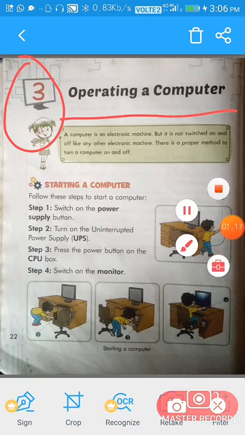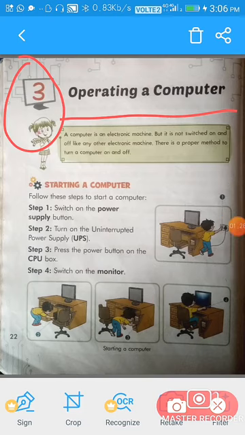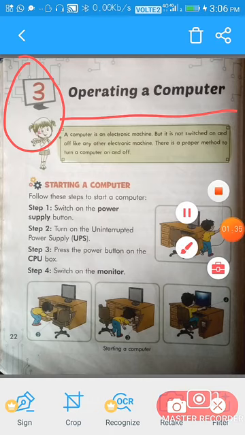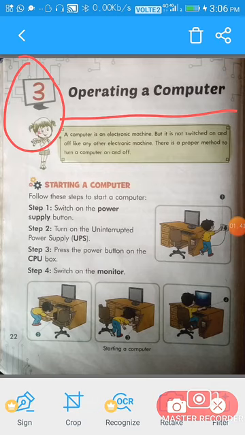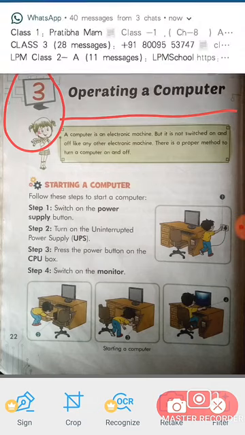I have already explained about this chapter: what operating a computer is, what a computer is, and the method of starting a computer. Now we have to complete the exercises today.